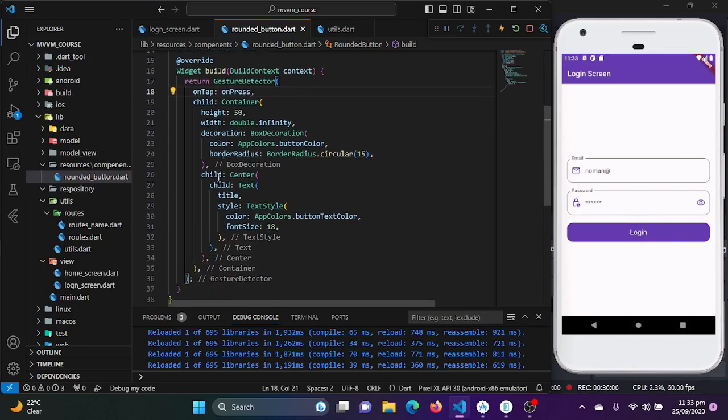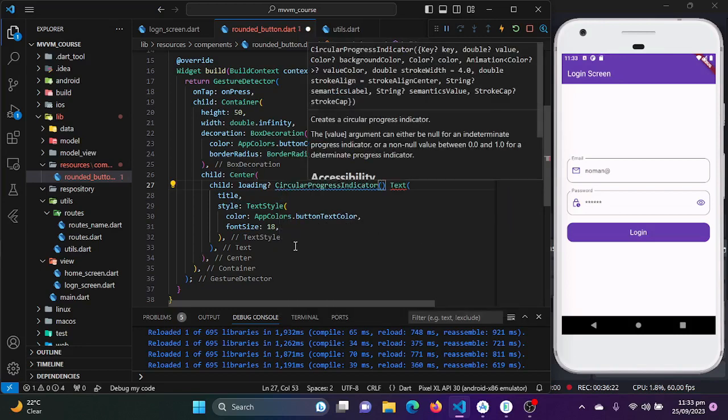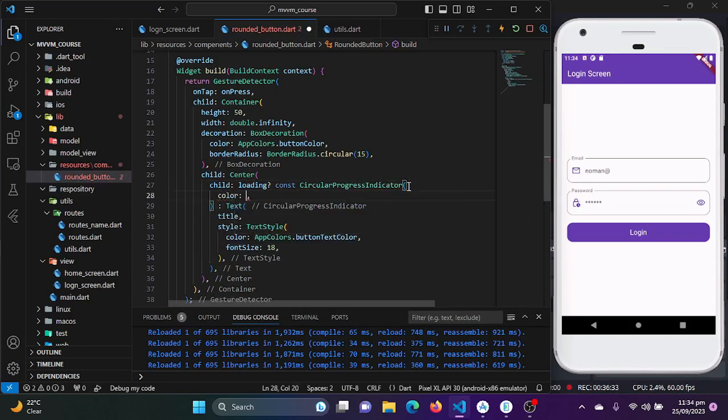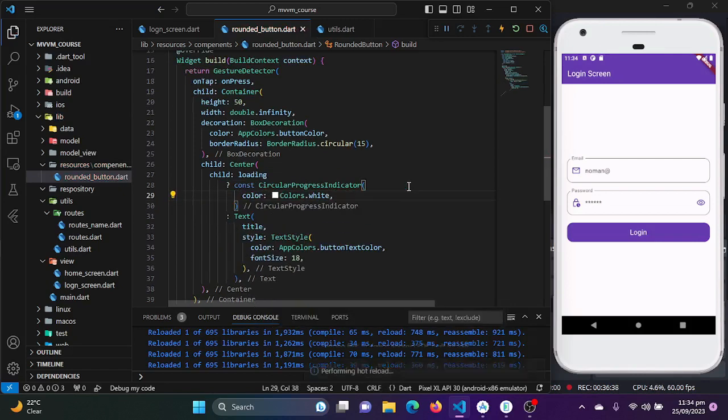So for that reason I will be just putting a condition here, loading is true, so just show a circular progress indicator, and if the loading is false, just show the text. And we will be just creating the color, and here we will be using the colors dot white. I will be just saving this, and you see